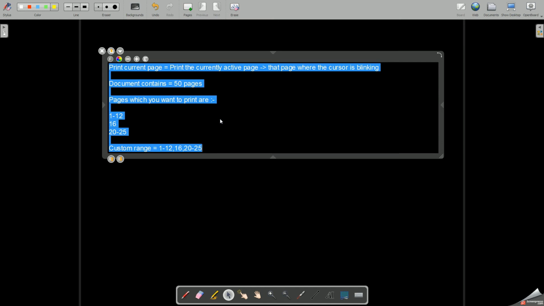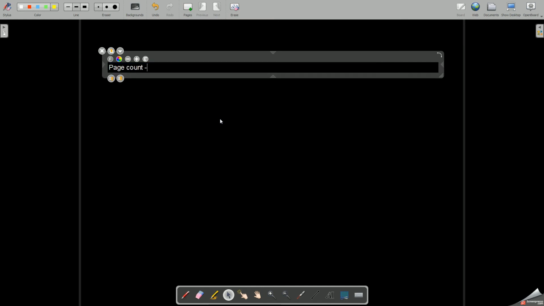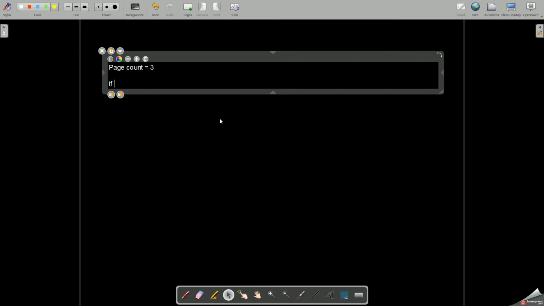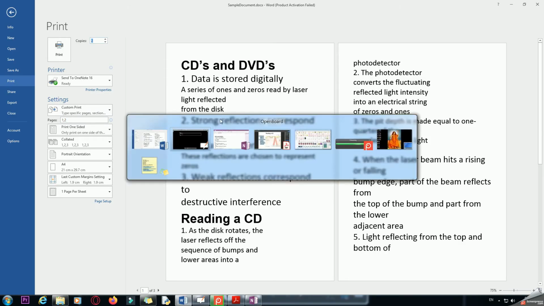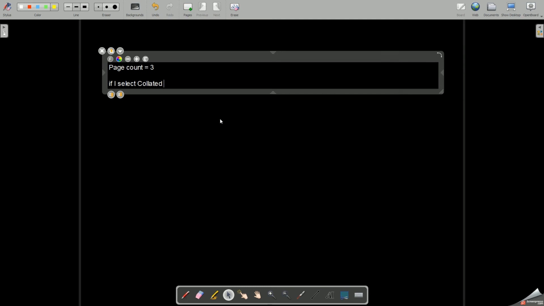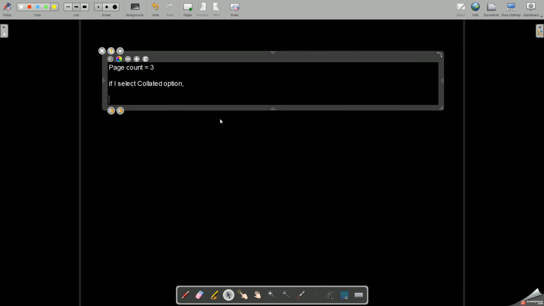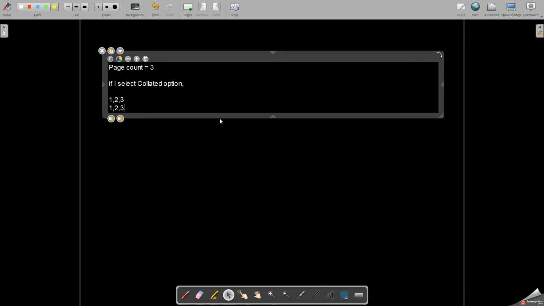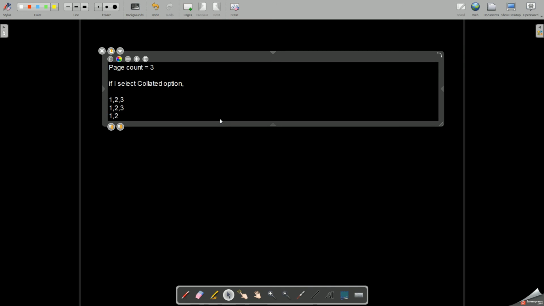I have a total page count of 3. If I select the collated option, then it will print in this fashion: 1, 2, 3, 1, 2, 3 and 1, 2, 3.